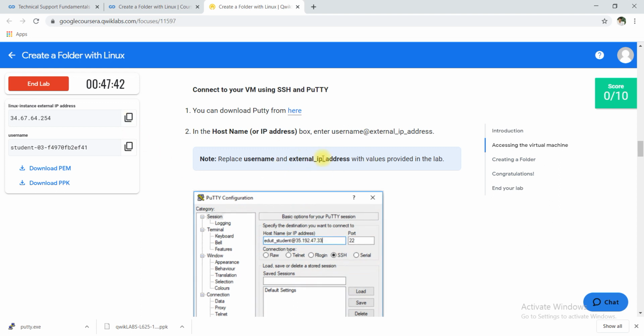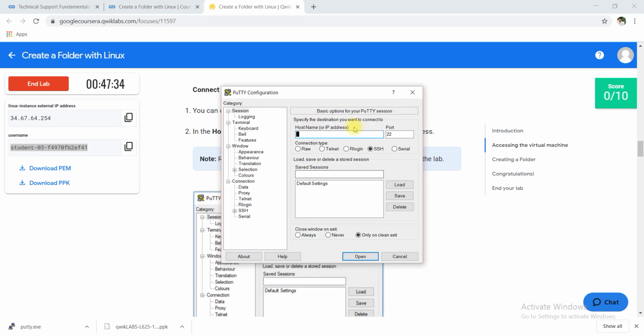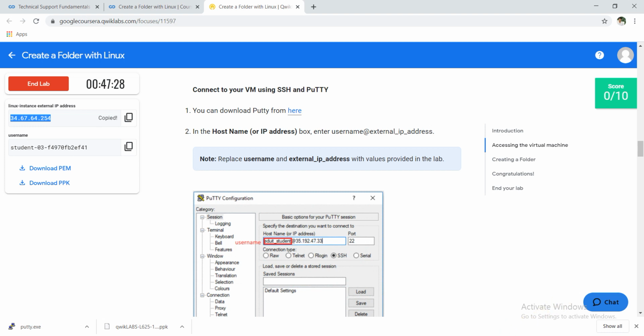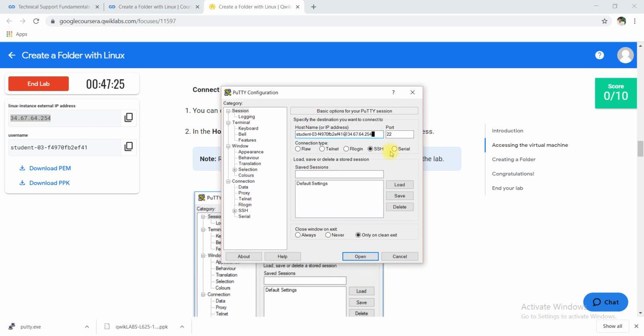Here, in the format username at the rate, and then the external IP address, I have to put it there. So using the IP address, pasted, SSH done.